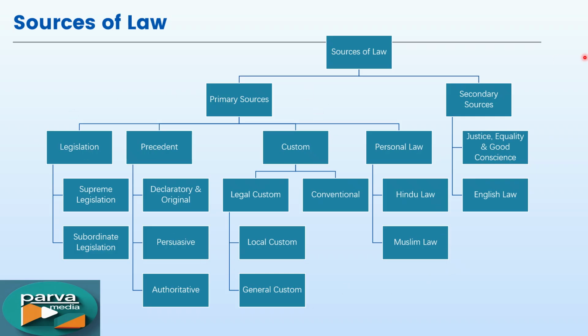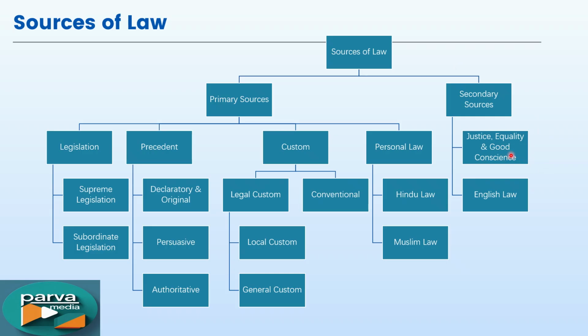And then come secondary sources, which support and influence the legal interpretation. First one is justice, equity and good conscience. These principles fill gaps wherever the law is silent. If there is nothing written in a law, all decisions will be taken keeping in mind justice, equity